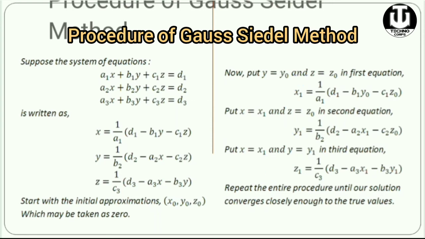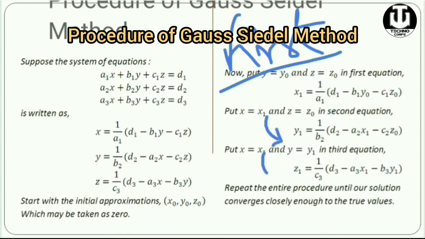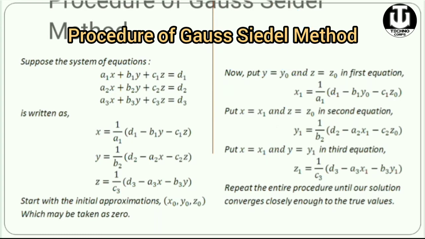So here you can see that in the first iteration itself we are using the updated first iteration values for the next calculation also. Okay, that means we are updating successively, not waiting for the next iteration. Successively we are updating the values, so it is named the successive method. Okay, and because of this process, the convergence rate of the Gauss-Seidel method compared to the Gauss-Jacobi method is double, right? That means we will get faster values, the number of iterations will be less here. Okay, so this is the process for the first iteration: x1, y1, z1.